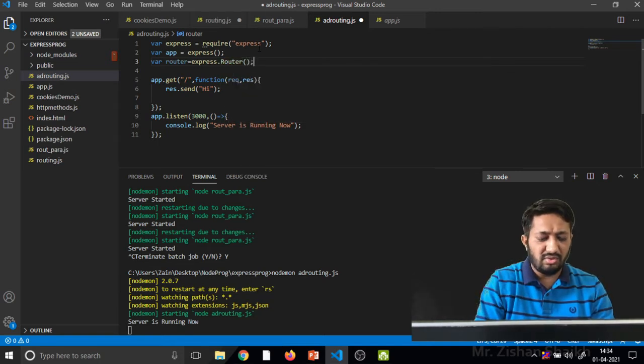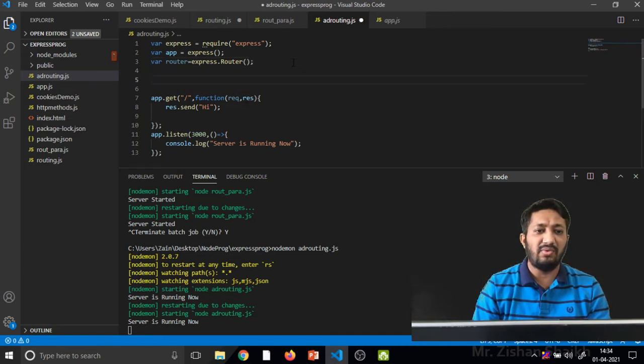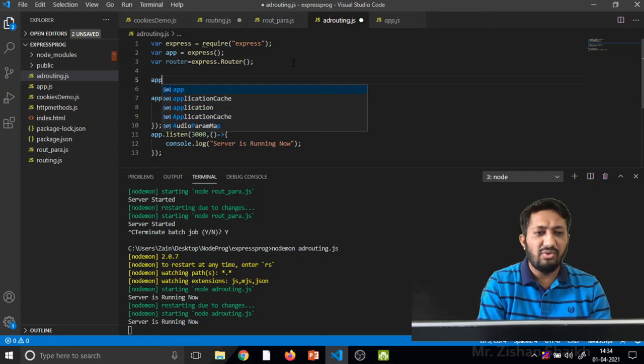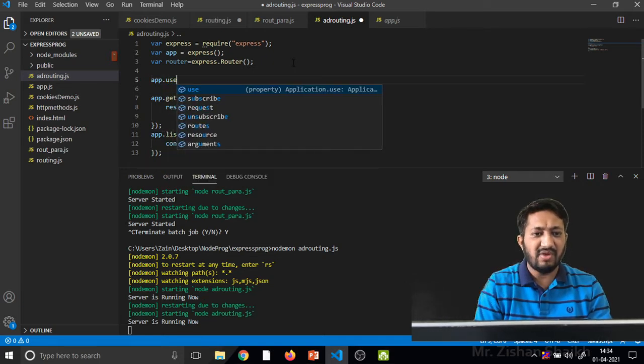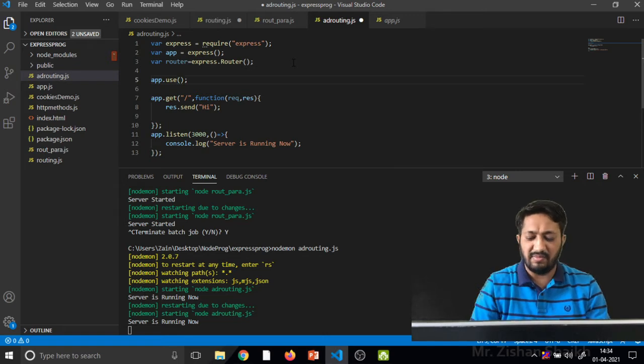So what happens when we are using the concept of router? This router is telling that this is the default path of this particular route. We have to use that particular path, that's why we use app.use here.